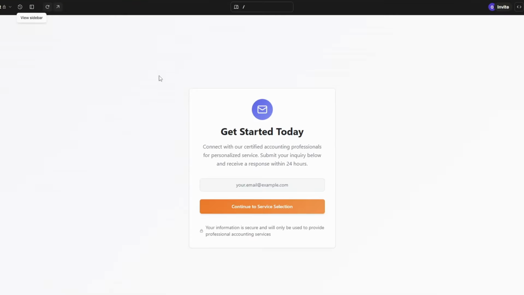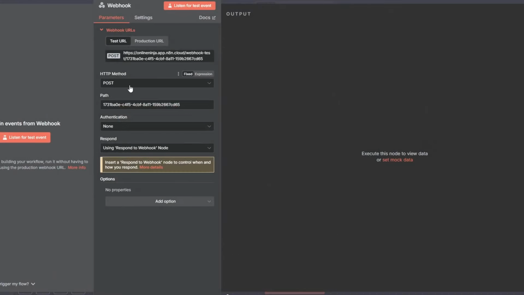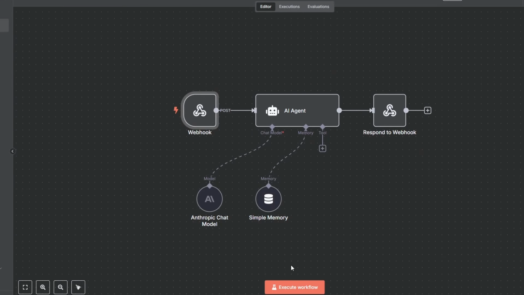So this is what Lovable has built for us based on the project requirements document. So if you go over here, you can see I've had to delete out the Google Sheet and the Google Doc because it's not configured and it's got an error sitting on it. You can't actually execute the workflow to test the first node. Second thing to be aware of, if you open up this webhook, just make sure you have a post method because we're posting data from our web interface over into n8n. With that done, if I press execute, this will run and wait for our post request coming from our newly